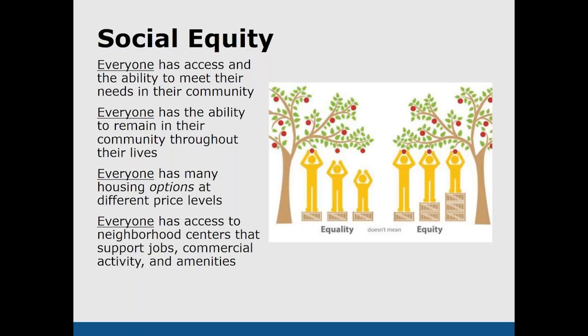And underlying healthy community design is a basis of social equity, where everyone has the ability to meet their needs regardless of race or income. And so it's important to remember that equality is not the same as equity. If the goal is to achieve a healthier lifestyle or a healthy community design, people are coming from different places and might need different resources or different types of resources in order to reach the goal of a healthier community.